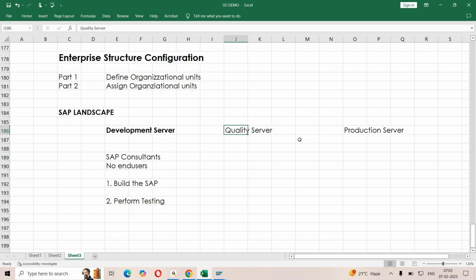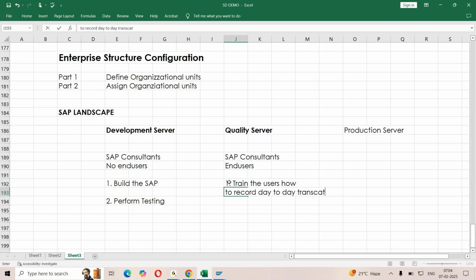Now, in the quality server, both consultants and end users will be given access. In this server, you again have two activities. One, we train the users how to record day-to-day transactions.